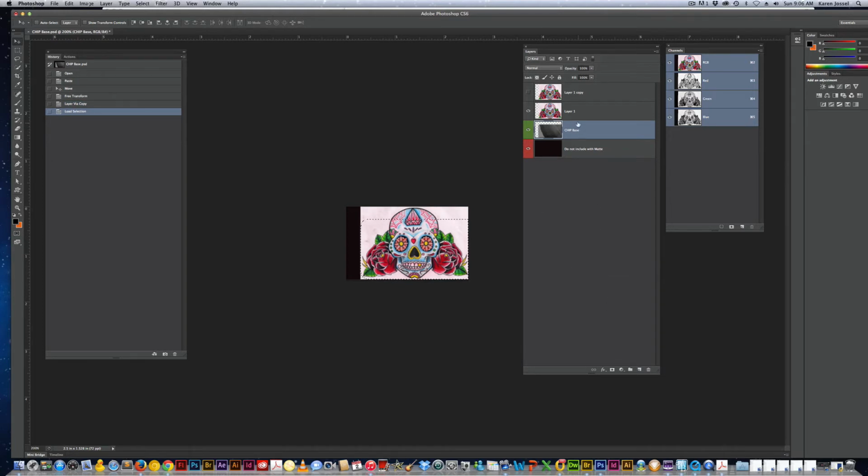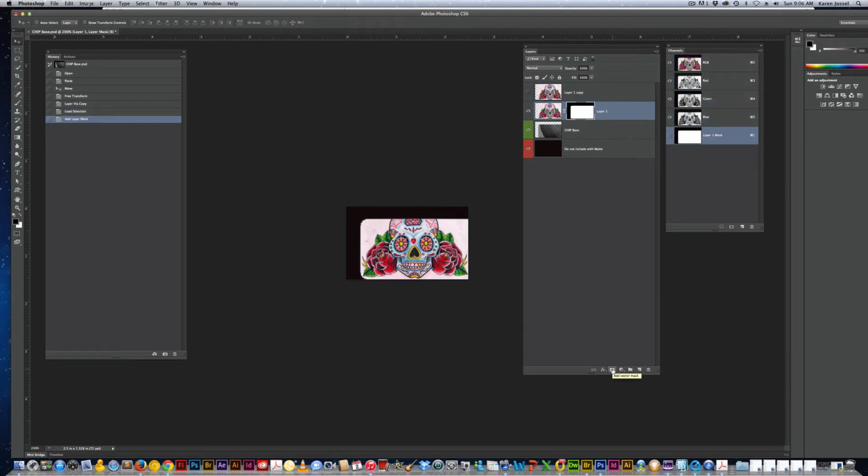And I am going to put that as a layer mask. I'm going to go to the first skull, go down here to Layer Mask. You can clearly see it's going to cut off the top, which is fine because we have another one here and all I need is the top. So what I'm going to do is cut off the top,